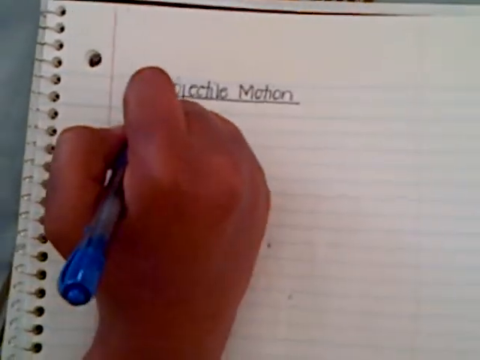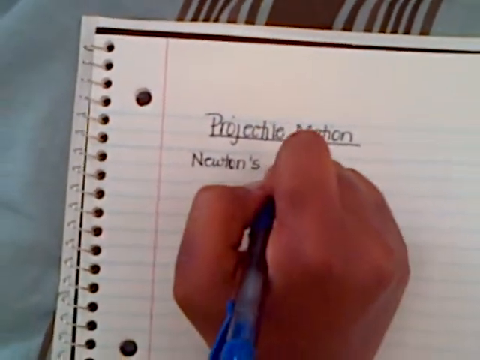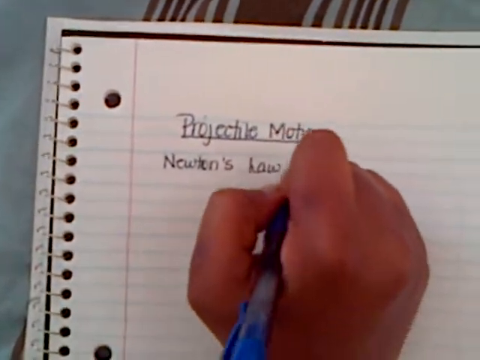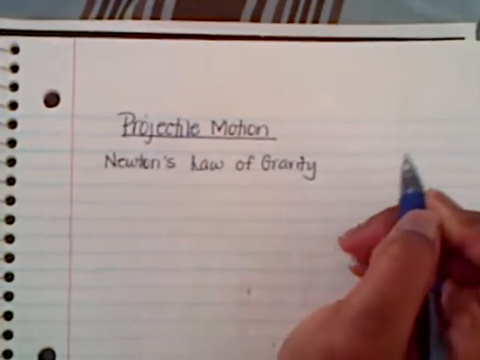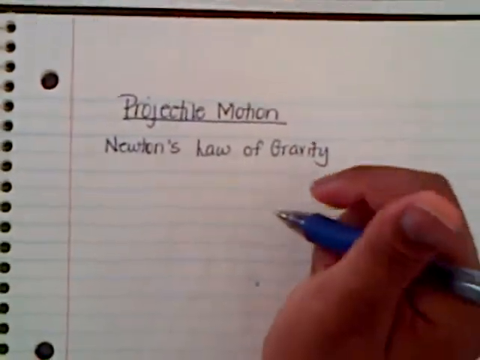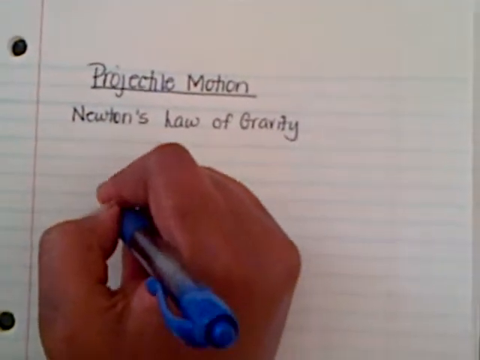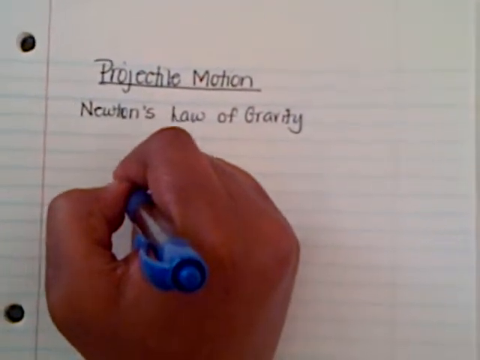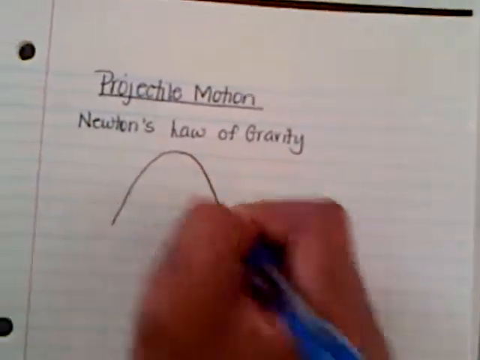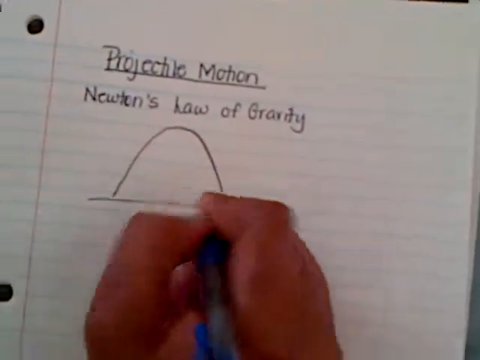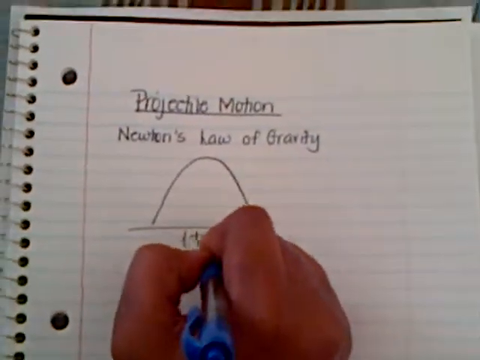Remember, this is Newton's law of gravity, which is what goes up must come down. So if you think about throwing something in the air or projecting something in the air, it follows this pattern. It goes up and then it comes down over a period of time. This time is usually measured in seconds,